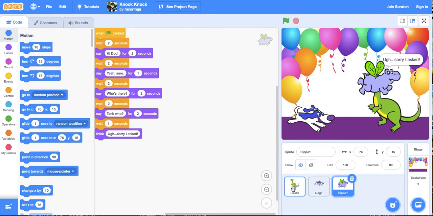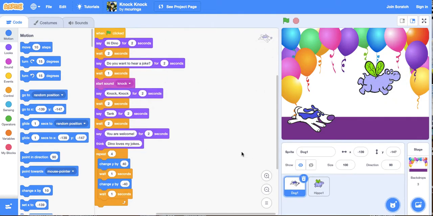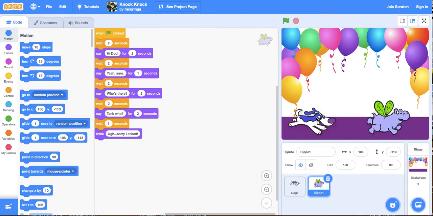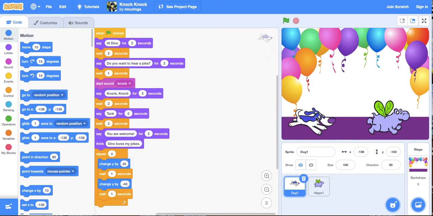So now we've got the hippo, so we can get rid of the beetle. So we've got the dog and the hippo. Now what we really should do is code it so they're actually facing each other, and I'll leave that for you to work out how to do. I'm sure you do know how to do that. So now we've got the dog and the hippo, but again we've got to change because they're calling each other the wrong names. Hi hippo,